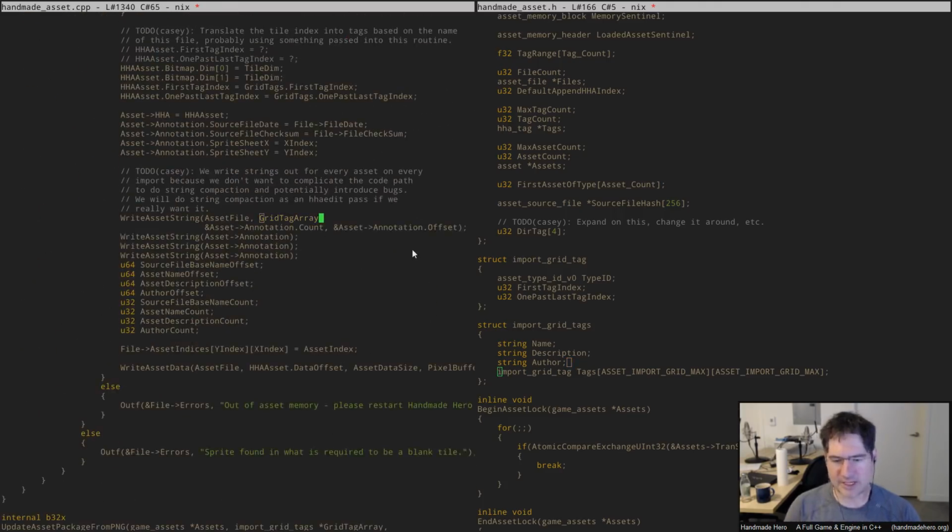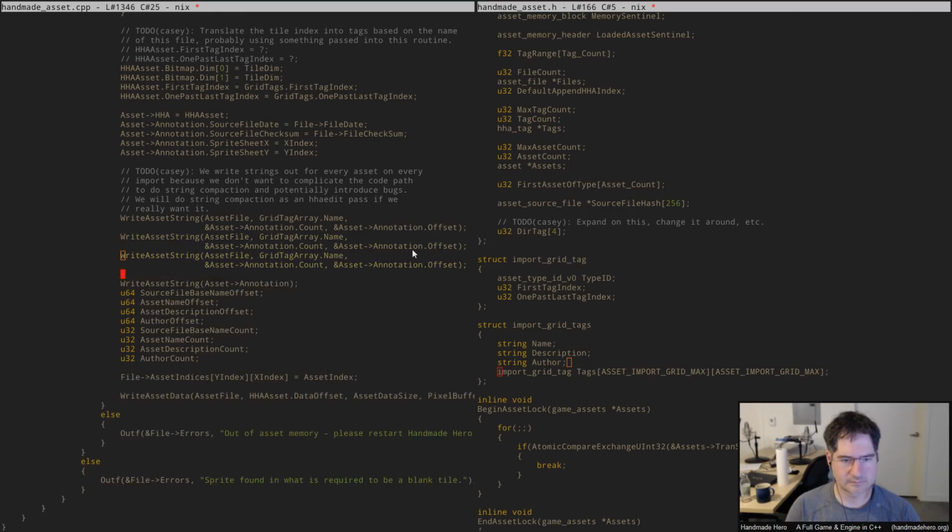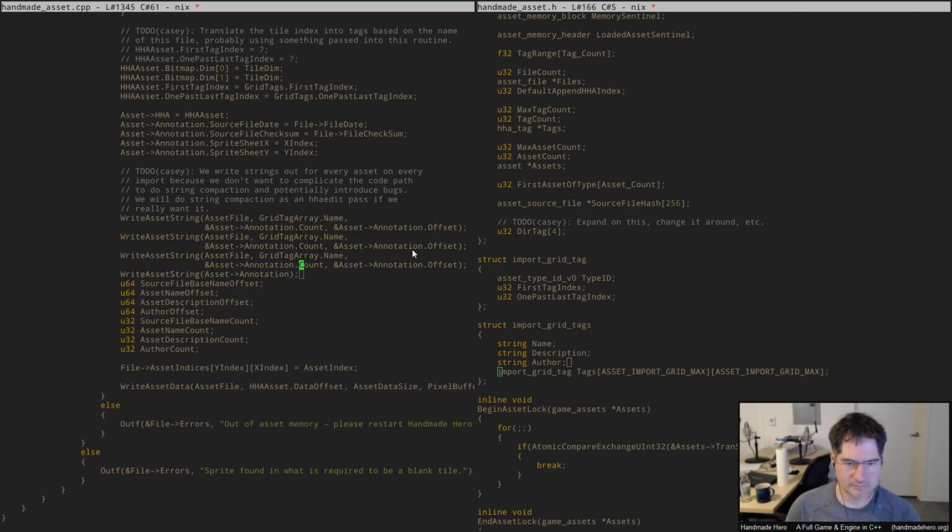The grid tag array has a name, description, just not the sender height, and author. And so we've got these three here, and what I want to do now is just match these